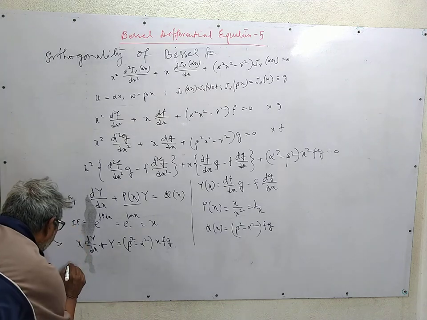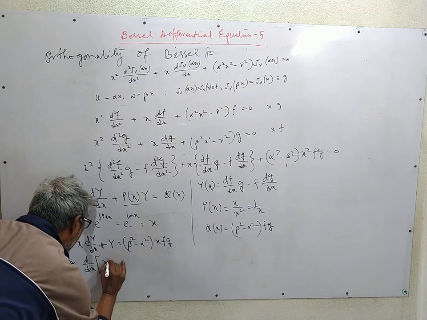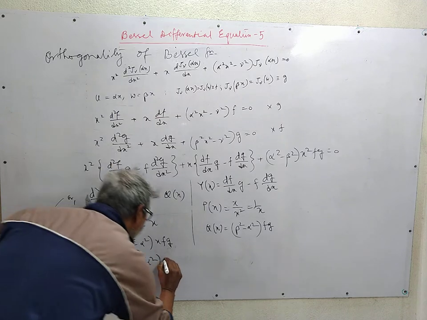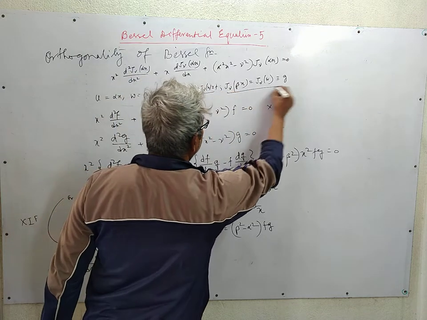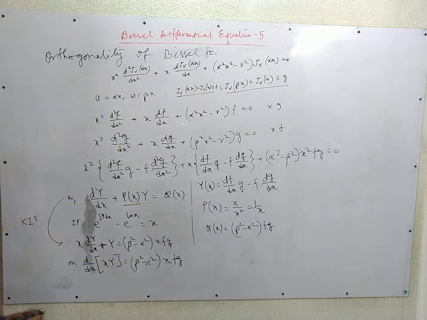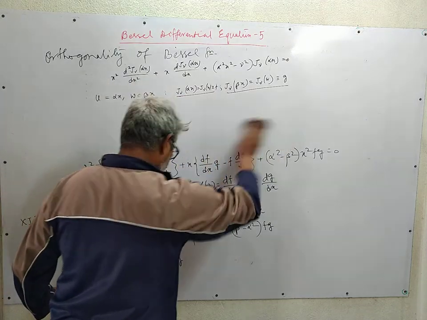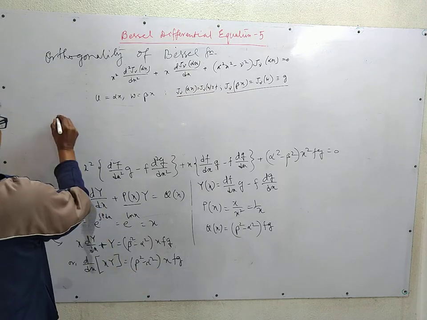The left hand side can be written as d dx of x times y is equal to beta square minus alpha square x fg. If we replace the values of f and g, you see that f is defined by this relation and g is defined by this relation. So this equation becomes, we write the right hand side first,